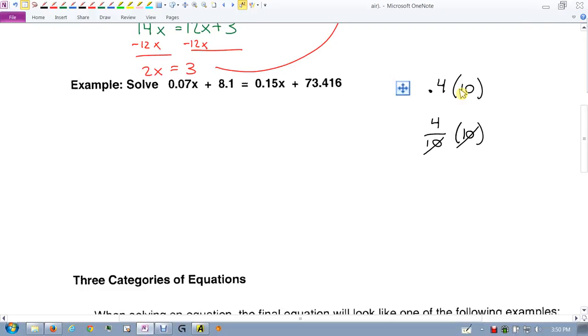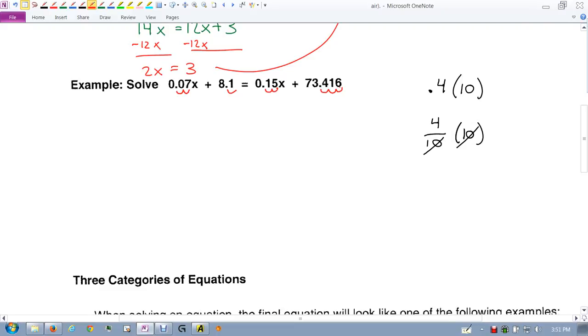How do I move a decimal point 2 places to the right? Multiply by 100. How many? 3 places? 1,000. So anytime I want to move decimals, I just multiply by either 10, 100, or 1,000, depending on how many places I want to move. Looking at all these decimals, let's count the number of spaces I would need to move to make them nice numbers. This one would have to move 2 to become a 7. This one only needs to move once to become 81. This one needs to move twice to become 15, but this one needs to move 1, 2, 3 to become